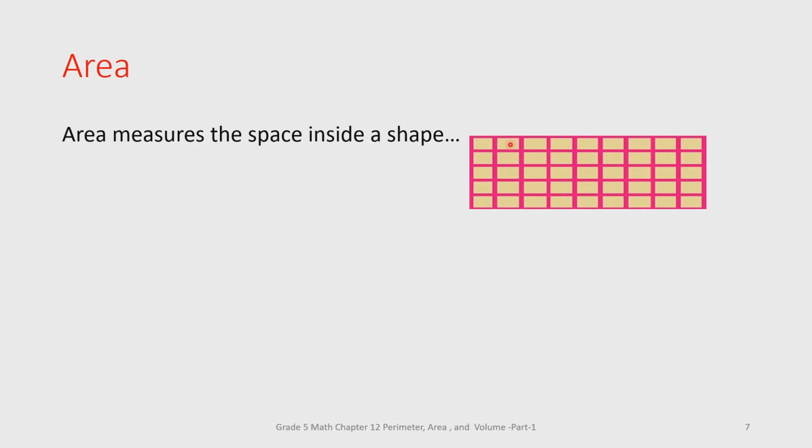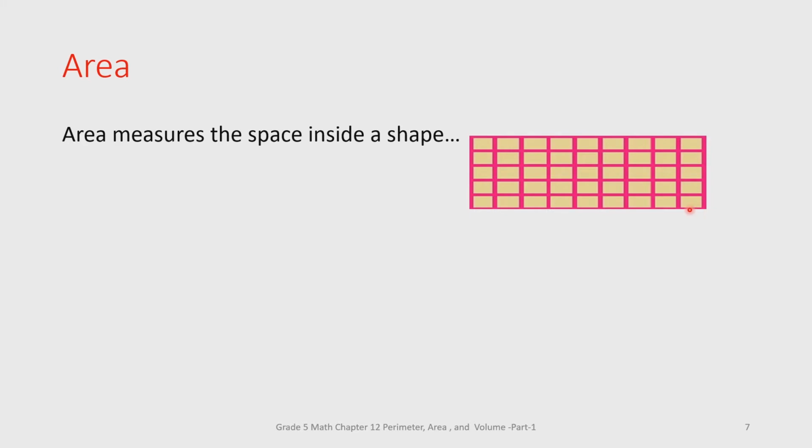Here we have small squares. Can you see the small squares? One square is of 1 unit and we have a total of 45 squares. So the area of this closed figure is 45 square units, because there are 45 small squares. Now scholars, we will see the area of a square and the area of a rectangle.